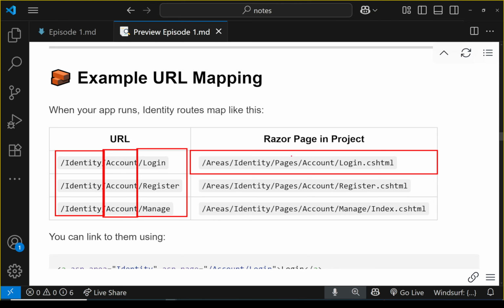So in the, for example, pages folder of our identity folder, we'll have a subfolder called account, and then we will have different Razor pages. So based on the route that the user enters in the address bar of the browser, the application will get to one of these Razor pages and will start to use that specific Razor page. So this is the way URL mapping works out of the box based on the conventions that ASP.NET